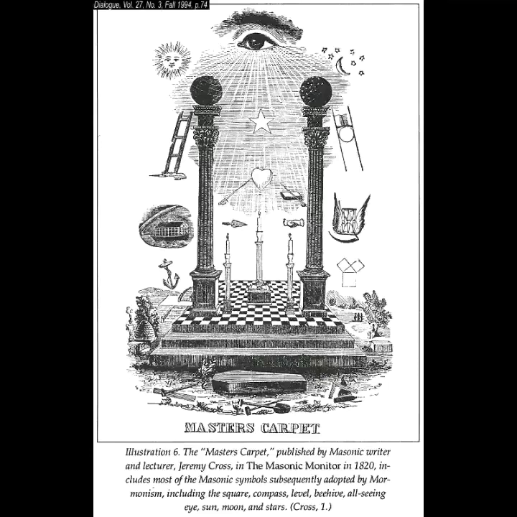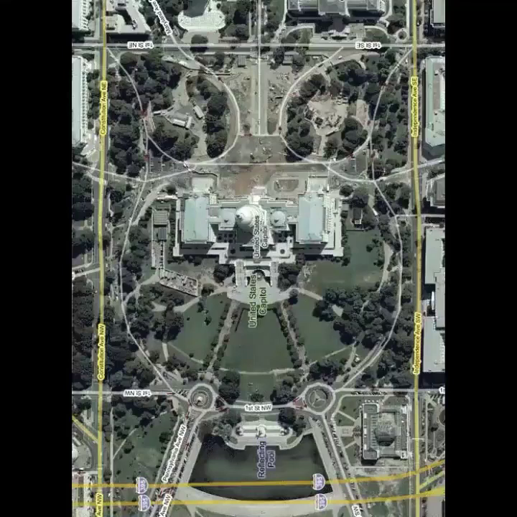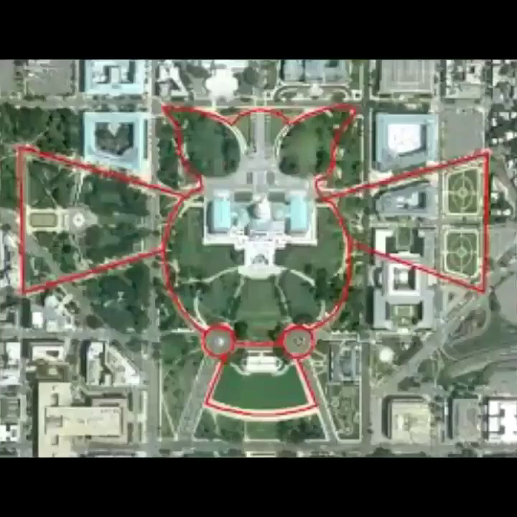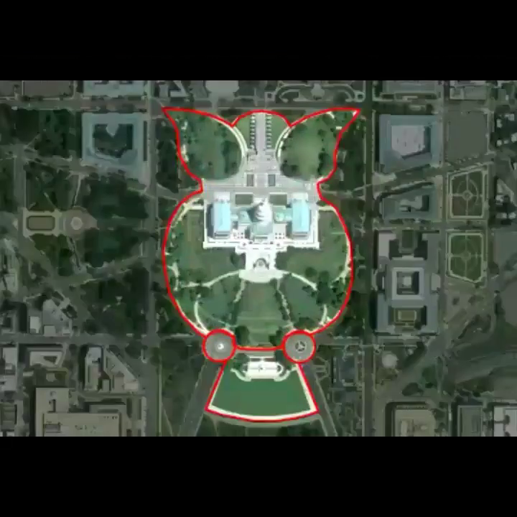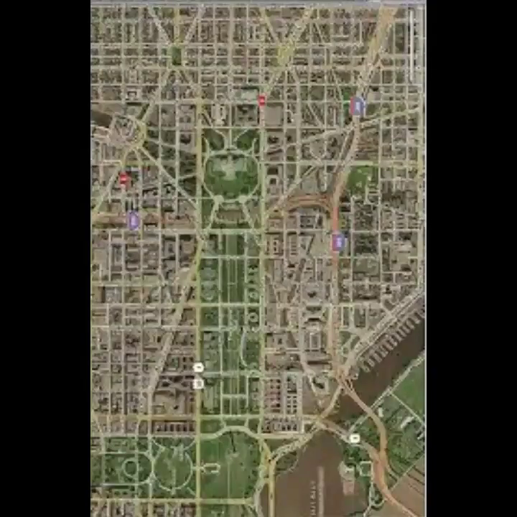And now going back to Washington D.C. itself, the White House, the capital of the United States of America. If you look at it, it forms an owl. And here's that but outlined. And now you can clearly see that it forms the owl. Here's another photo, but from a higher skyline view. There's Washington right there. But here it is. That's the owl right there.